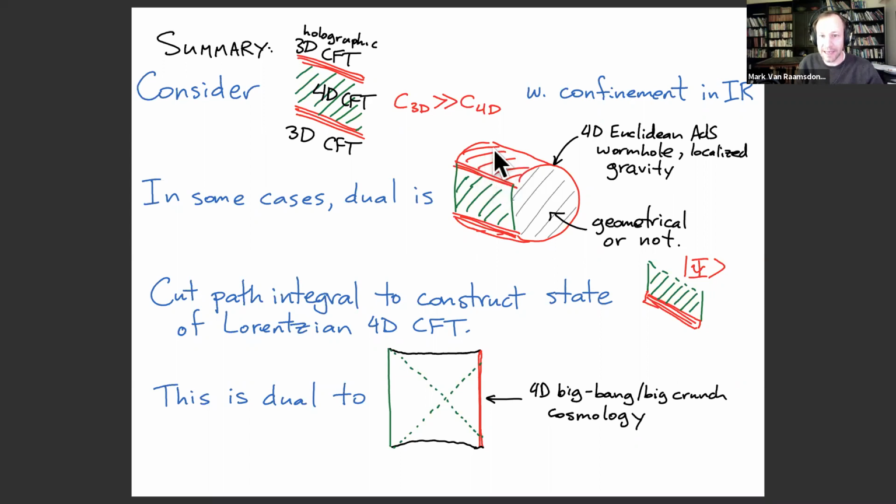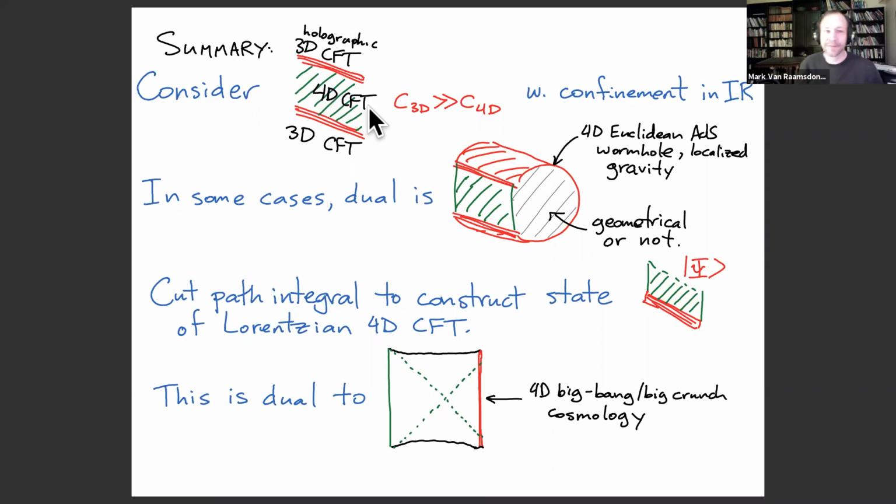In that case, this end of the world brane would actually be like a Lorentzian wormhole between two sides. But what we're interested in is the Euclidean continuation of that first. Okay, so if this picture represents a Euclidean field theory, then this would be a Euclidean asymptotically AdS wormhole. And then what I want to do to connect with cosmology is really use that Euclidean field theory construction,